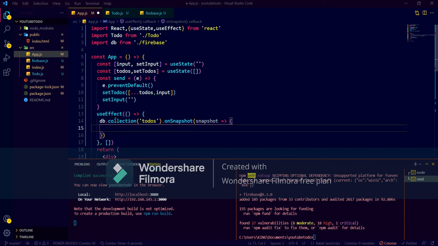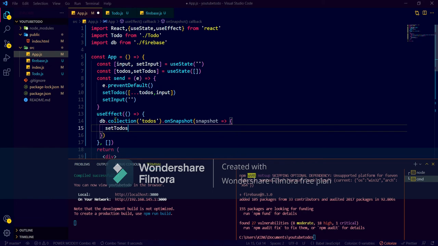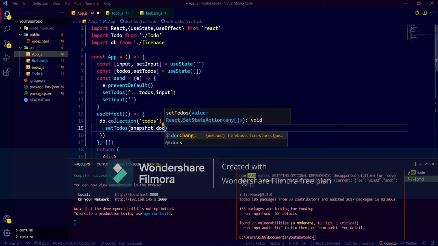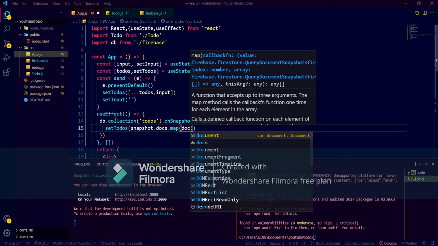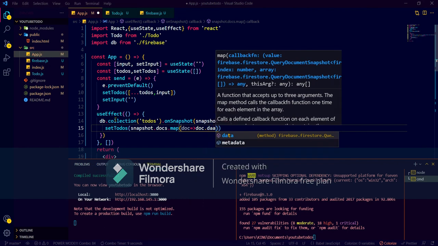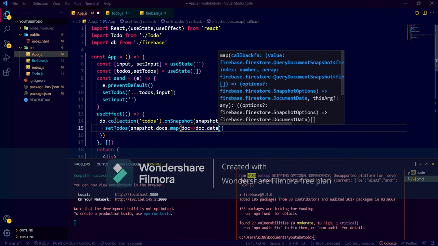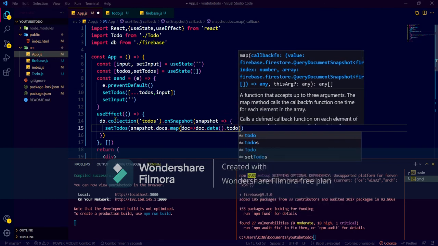We have to just do setTodos, and here snapshot.docs.map, doc.data, and in that data we read each and every to-do.